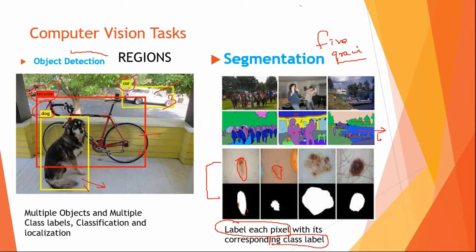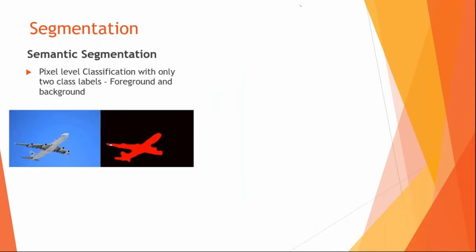Now this segmentation has got 2 different types. One you call the semantic segmentation. This is a very basic segmentation which most of the medical fraternity will be using. If you work on medical images, you probably use the word semantic segmentation. So what you do is you got this huge image, and all you have to do is classify which is foreground and which is background. You can also call it binary classification or binary segmentation.